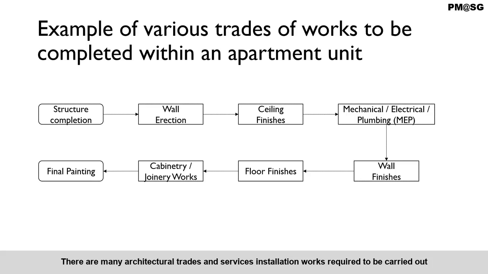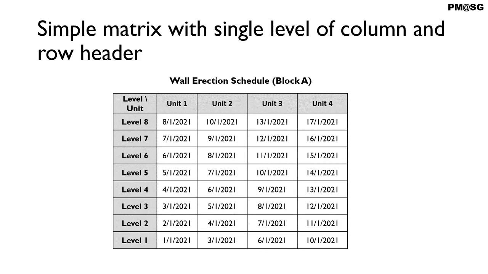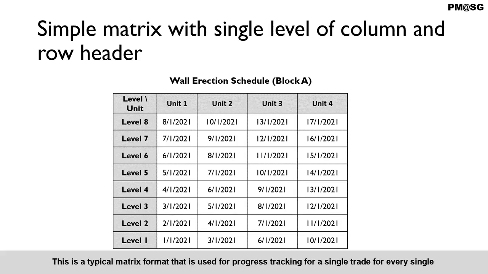There are many architectural trades and services installation works required to be carried out for each apartment unit after the structure is erected. Progress tracking for each trade is required as part of project management practice. This is a typical matrix format that is used for progress tracking for a single trade for every single apartment